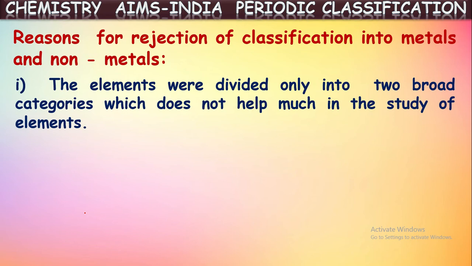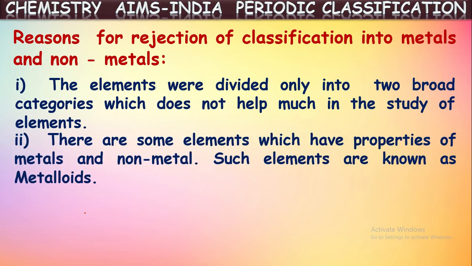And next, all the non-metals are classified into the same batch, isn't it? Because there are two batches only. But out of all these non-metals, some have high reactivity, whereas some have low reactivity. So there are some differences in their chemical properties, but all the non-metals are categorized into only one group. So they are the limitations. This is one limitation we can say.